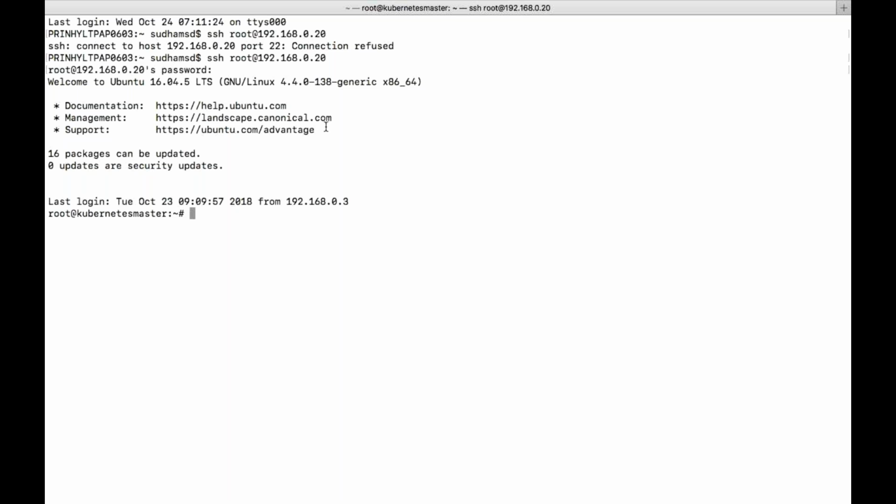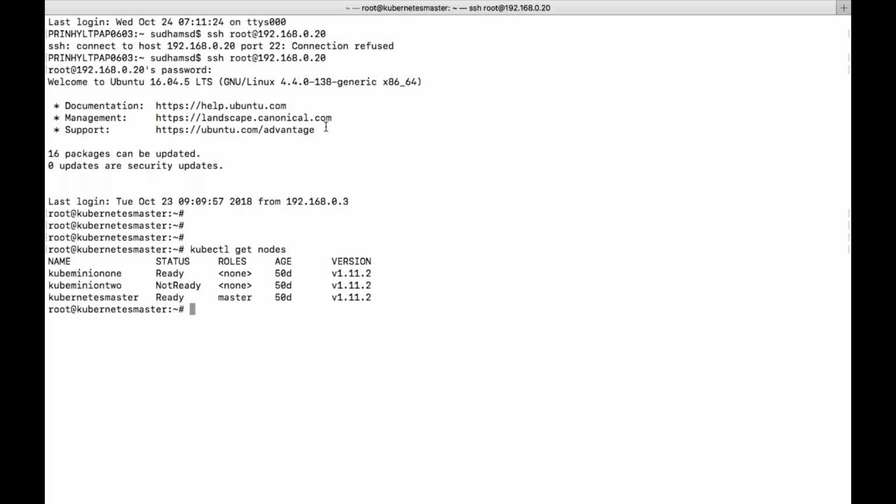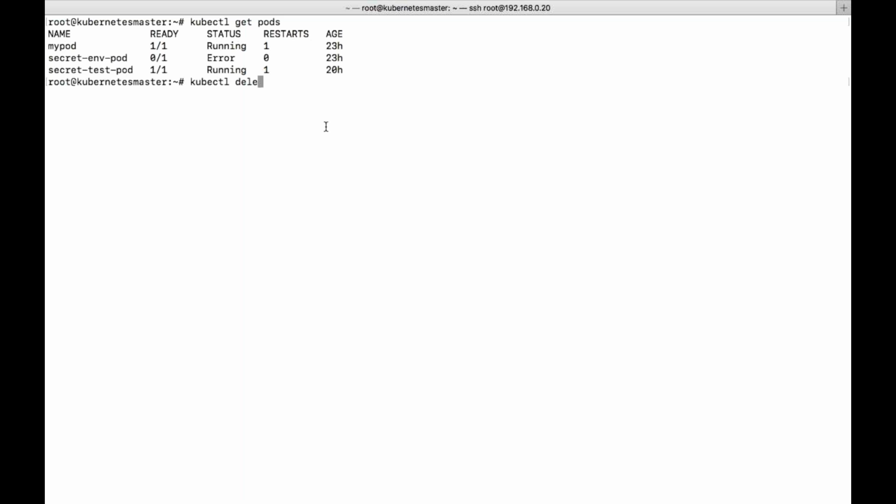So now let us look into the concept. Let me see whether the nodes are integrated or not. Okay, fine. Well, good. kubectl get pods. Let me see if any pods are running. Let me delete these with kubectl delete pods --all, because I don't want to run these particular pods. So I'm deleting them.